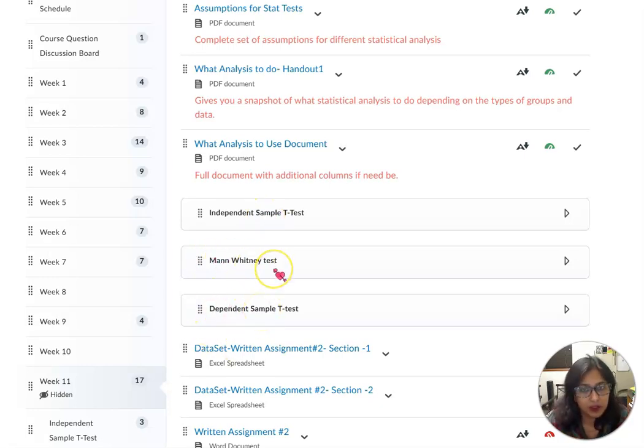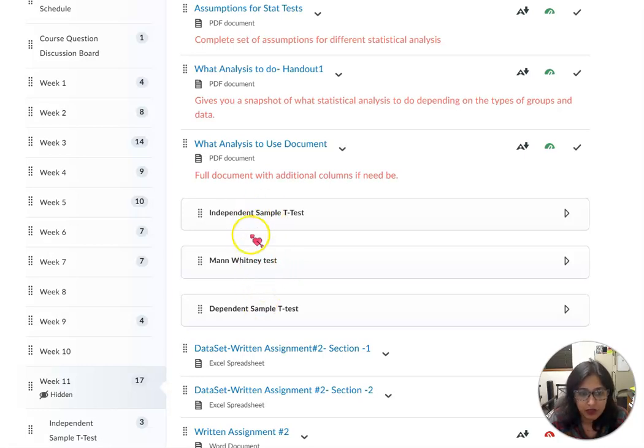What is Mann-Whitney? Sometimes you have an independent sample group, but your participants are not 30. 30 is supposed to be the minimum that you need for a good statistical analysis to happen. If you don't have 30, we can run what is called a non-parametric statistical analysis, which is called Mann-Whitney.